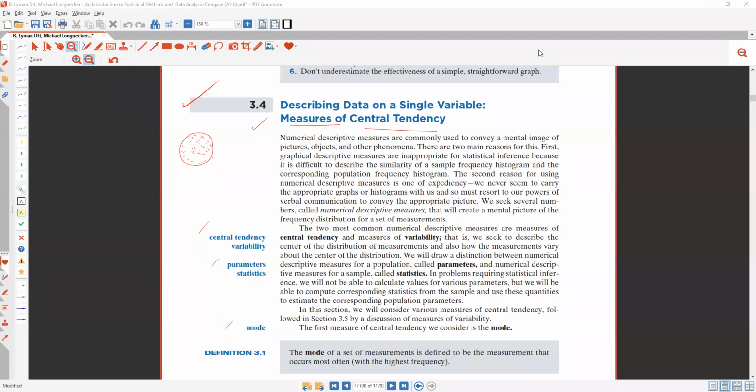Okay, so it is Wednesday, February 3rd, and this is Psych 222. And we continue on with Chapter 3. Last time we talked about graphical approaches and visualization of data. Today we start into talking about central tendency and variability and a few other things, like percentiles and interquartile ranges